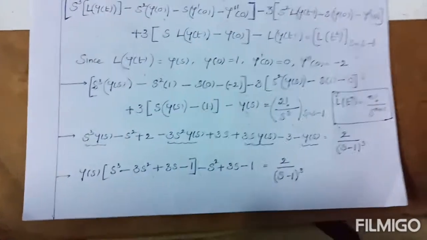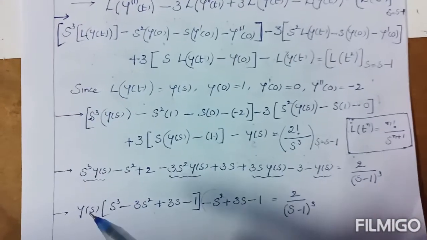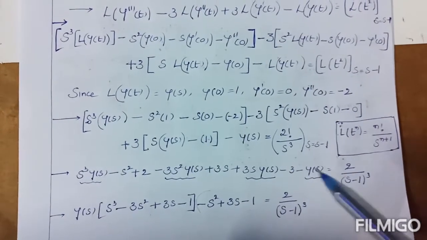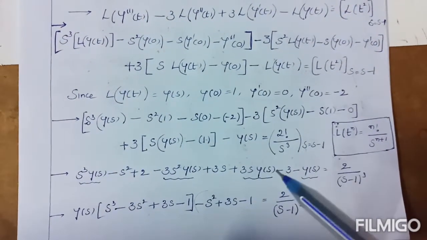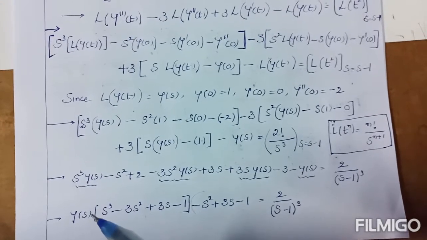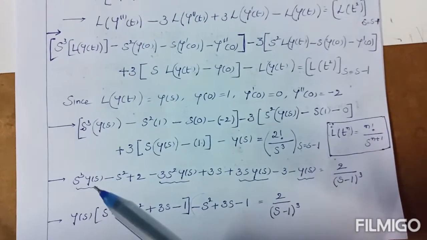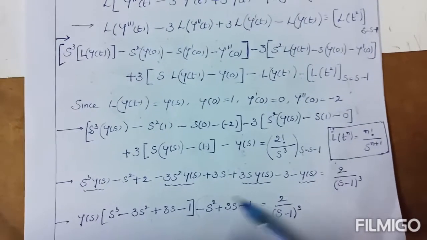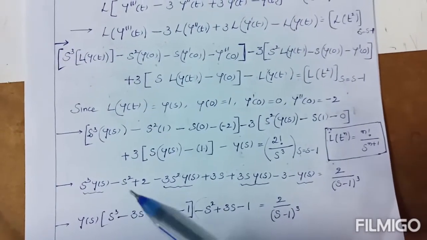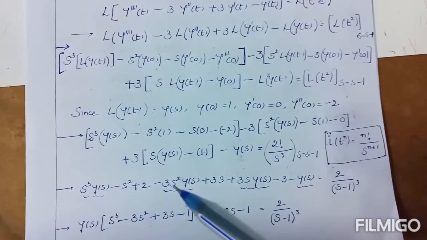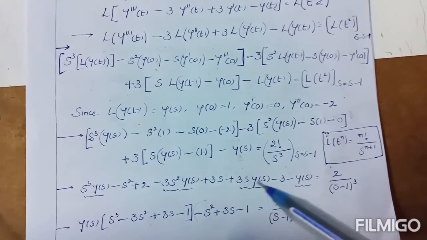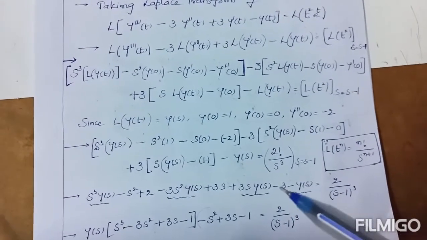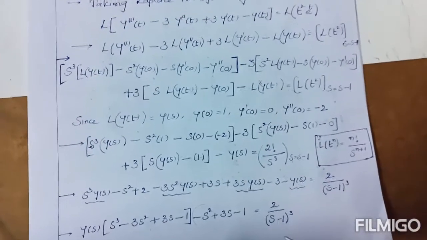After that, next step is y of s equal to, now these are all having y of s. Now from these all take out y of s as common. Their multiples are s cube minus 3 minus 3s square plus 3s minus 1, minus remaining minus s square. Next, here the number of s related, plus 3s, numbers plus 2 minus 3 is minus 1. Right side as it is.